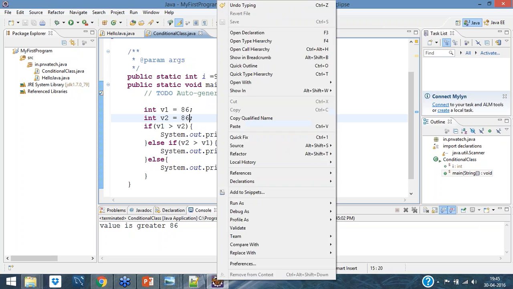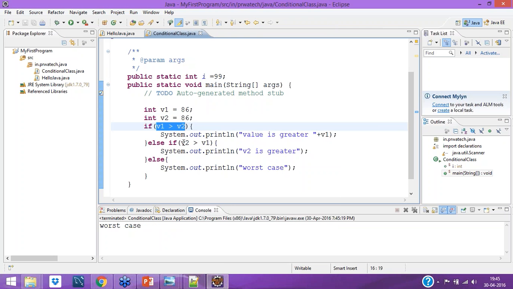It is the post case because neither V1 is greater than V2, nor V2 greater than V1. It's a boolean expression, so it will give a boolean true or false. If true, go, false, it came out. It came to this, then again here it got executed. Let me go to the next. It came and it is searching for else if, else, or else if. Okay, it's always true. I can come inside the block statement and I can do anything.